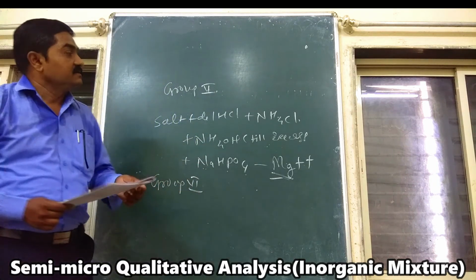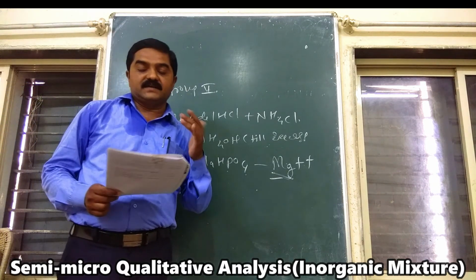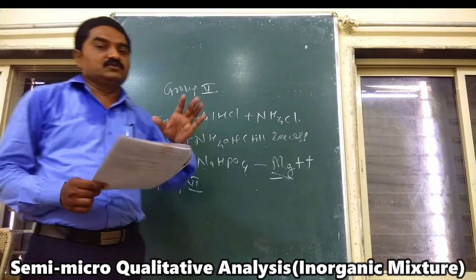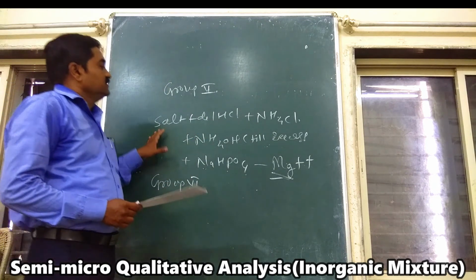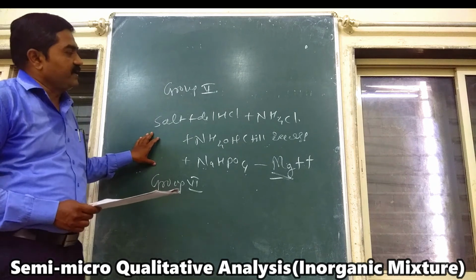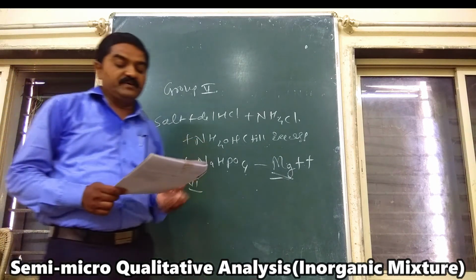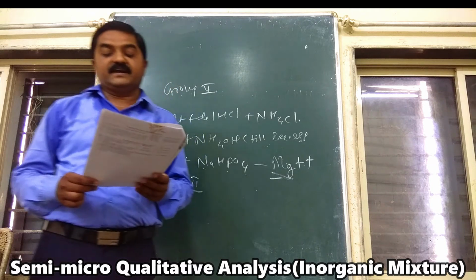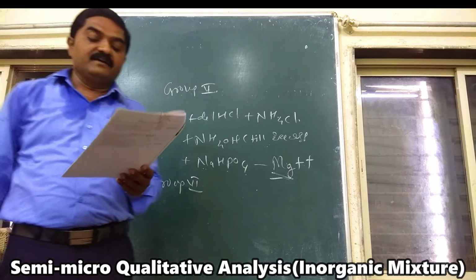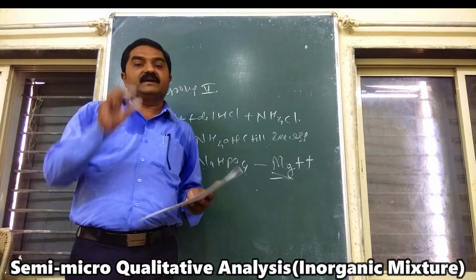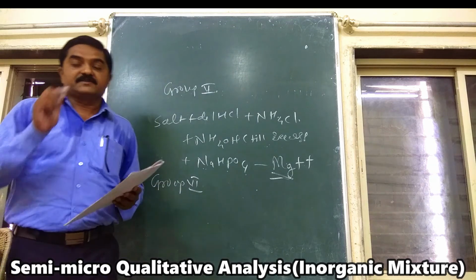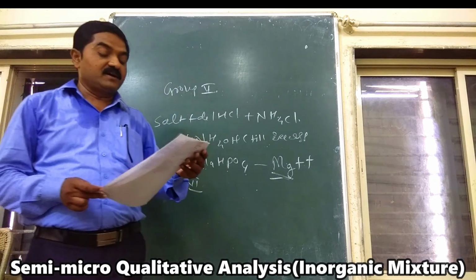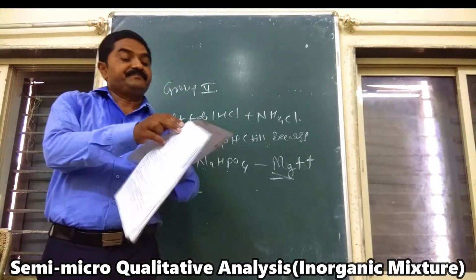So there may be group first, second A, second B, third A, third B, 4th, 5th and 6th, and the question can be asked: how will you separate these ions? Suppose aluminium and ferric, then zinc and Mn. How will you separate zinc and magnesium? Then barium and strontium. Okay, and again the question can be asked here: explain the preparation of water extract and explain the preparation of sodium carbonate extract.